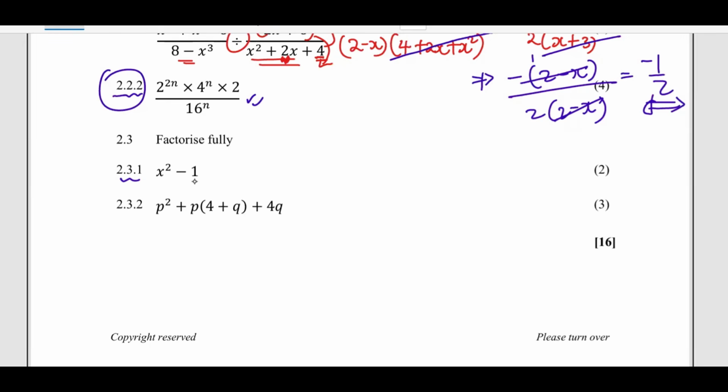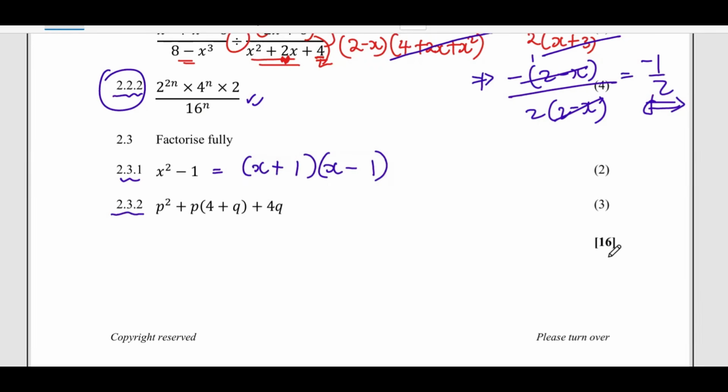So with the difference of 2 squares, all you have to do is open up 2 brackets. Okay, one bracket will have a plus, one bracket will have a minus. Then what is the square root of x squared? It's x. Square root of 1 is 1. And then the same things, but different signs. And then you're done. Those are your 2 marks. All right, and then